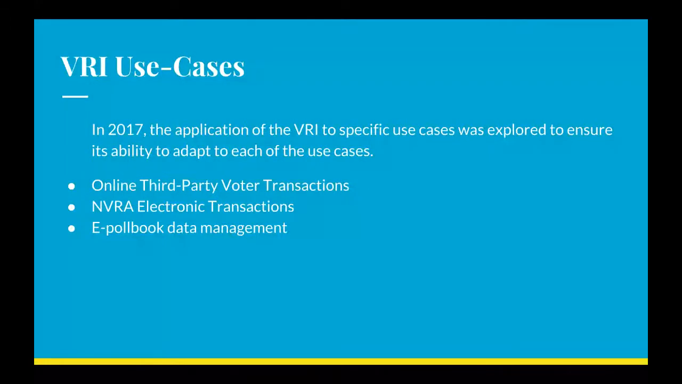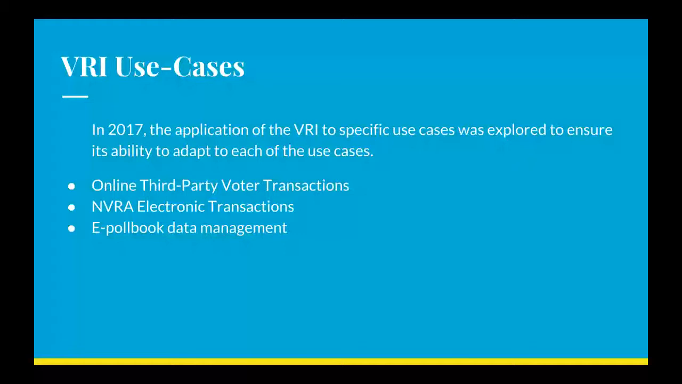The three specific use cases that I explored through historical data information, work with election colleagues, and actually going through some worked code examples are third-party online voter transactions, where a standardized format could be adopted by a state and third-party registrars to have an automated system for performing various voter registration transactions. This was actually one of the catalysts that led to the expansion of the VRI